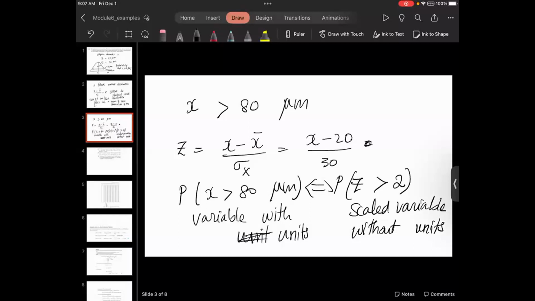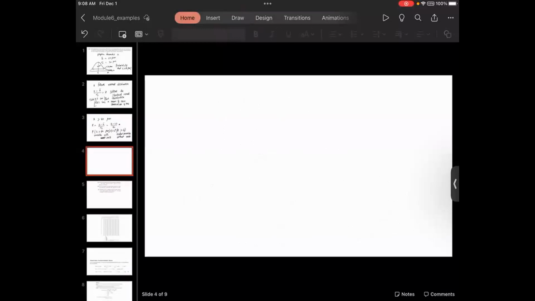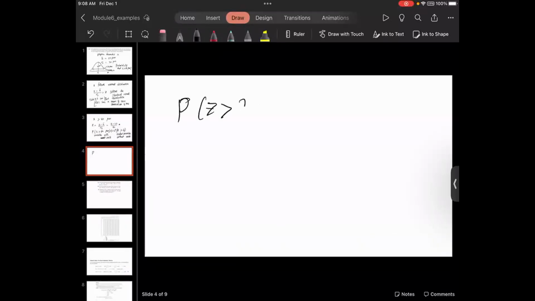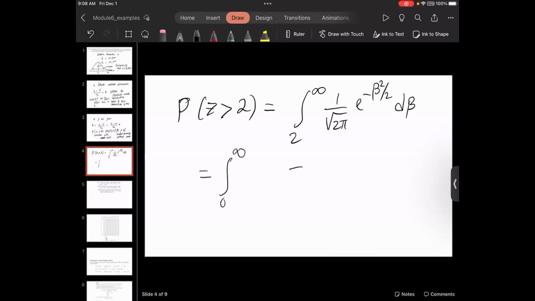No one wants to speak? Okay. Since I want to get through many examples, I'll also try to say the answer. The probability of Z greater than 2 is the integral from 2 to infinity of 1 over square root of 2 pi times exponent of minus beta squared over 2, d beta. This is nothing but the integral from 0 to infinity minus the integral from 0 to 2, or 0.5 minus the integral from 0 to 2 of this function,